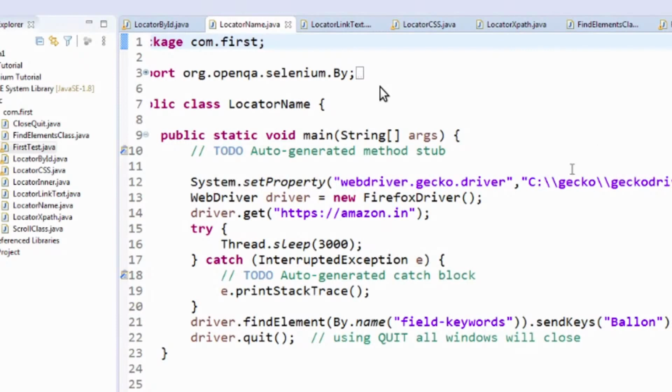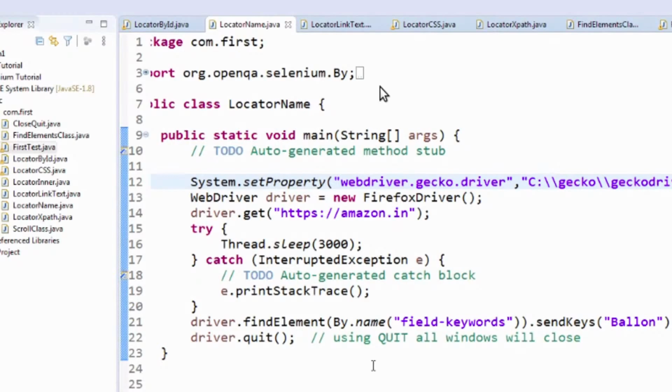So this is due to Windows. If you use Linux, you just pass the single slash. It is just to denote the directory path. If I use a single one, it will not work in Windows. So that's why. I have placed the Gecko driver in a Gecko folder in my system directory C.